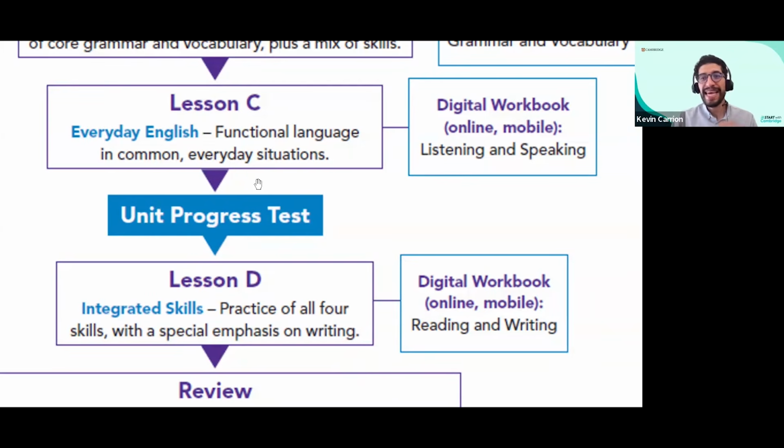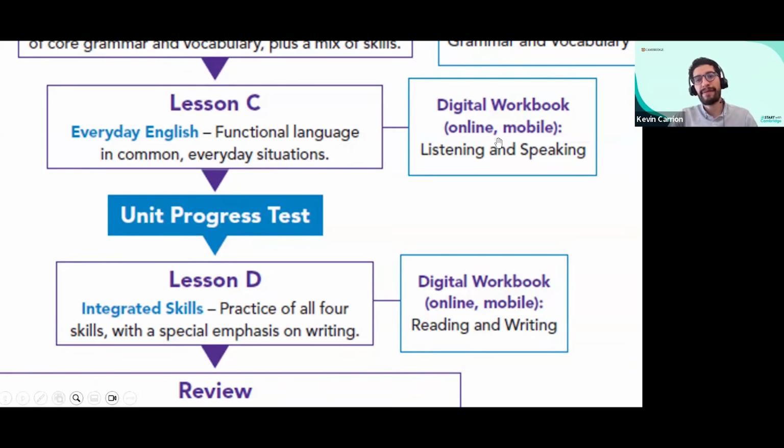For example, we can find giving advice, or asking for food in a cafe or restaurant. In these specific contexts, the student will receive and practice some target language to perform in a very common situation. That's why it's called Everyday English.